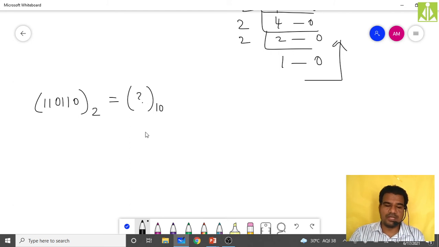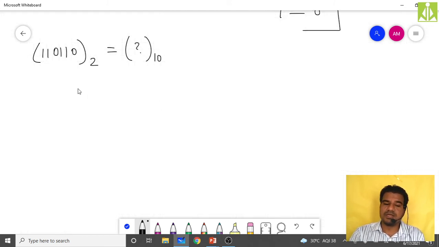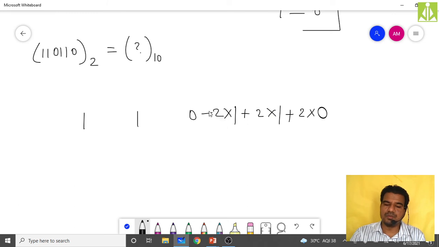So what we have to do over here, just follow these steps. First you write these digits with some spaces in between. Okay. So first you write 1, 1, 0, then again 1, 1, 0. Like this you write. Then multiply all the numbers with 2 and put plus in between. Plus. Here also multiply with 2 plus. Here also multiply with 2 plus. Then multiply with 2 plus. Like this you do. Okay.